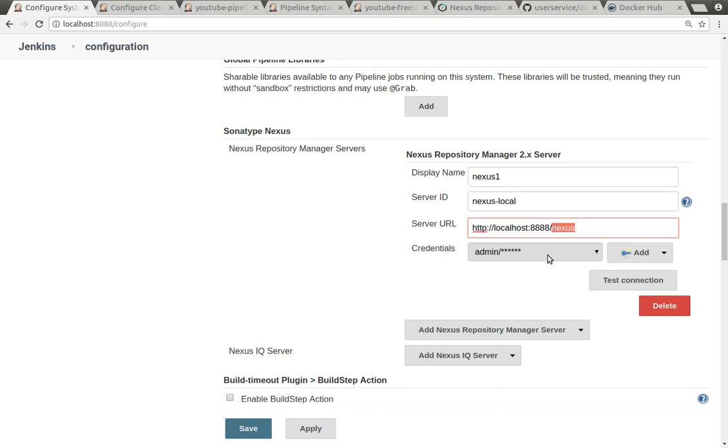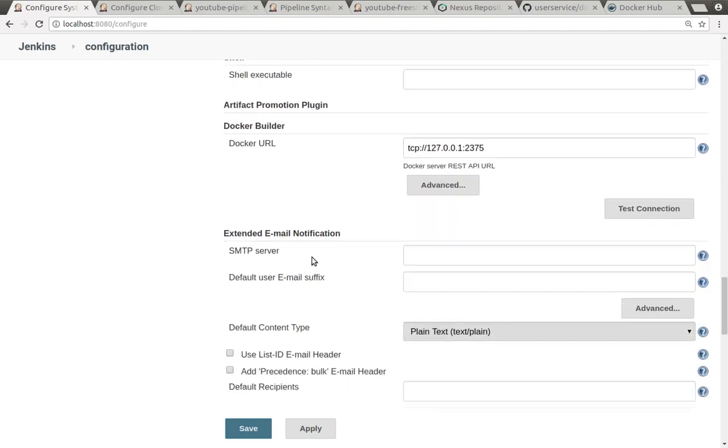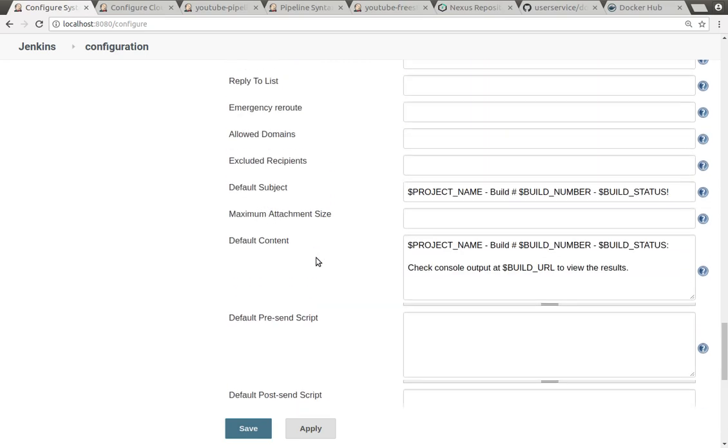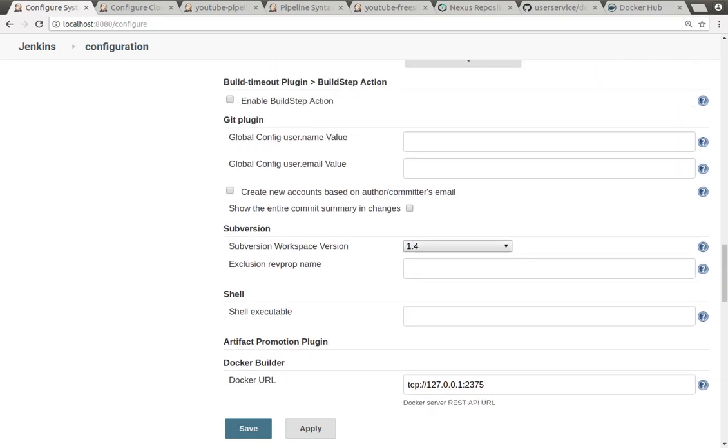And after that, a credential is needed for the configuration of Nexus, so that Jenkins should be able to push this repository into the Nexus repository. For that purpose, I'll go into the credential section where I have configured this. So whatever credential store you configure as part of your Jenkins will be listed out here, and you can use it for the configuration of the Nexus repository. So this you have to configure. What we did is we configured the Docker thing first, and then the Nexus repository.